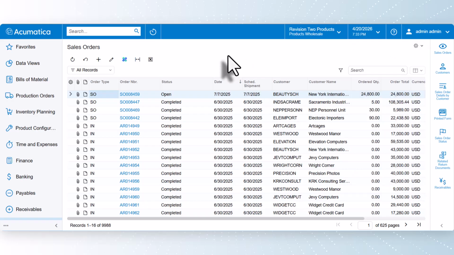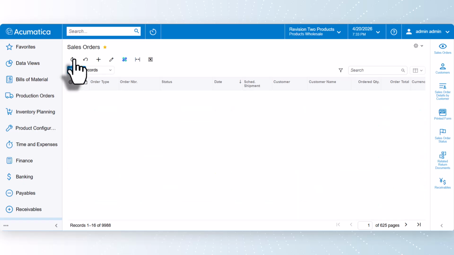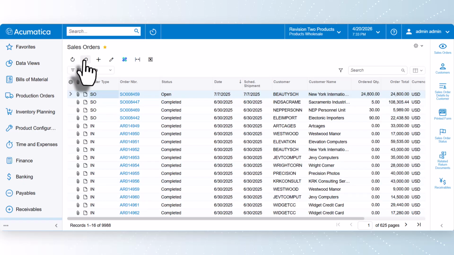Generic inquiries have a similar layout. At the top of the page, you'll see the generic inquiry name. Just to the right, you'll be able to favorite generic inquiries. Below, you'll see screen action icons that all relate to the specific type of generic inquiry you're viewing, in this case, sales orders. They will let you refresh the list of sales orders, reload the list of sales orders from